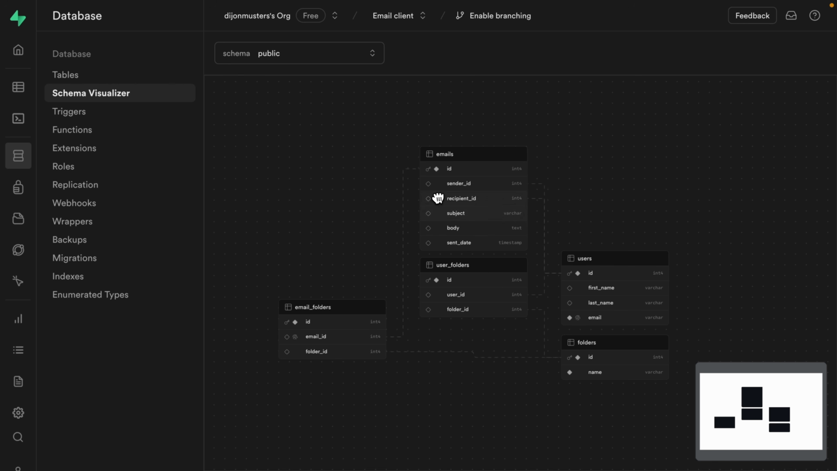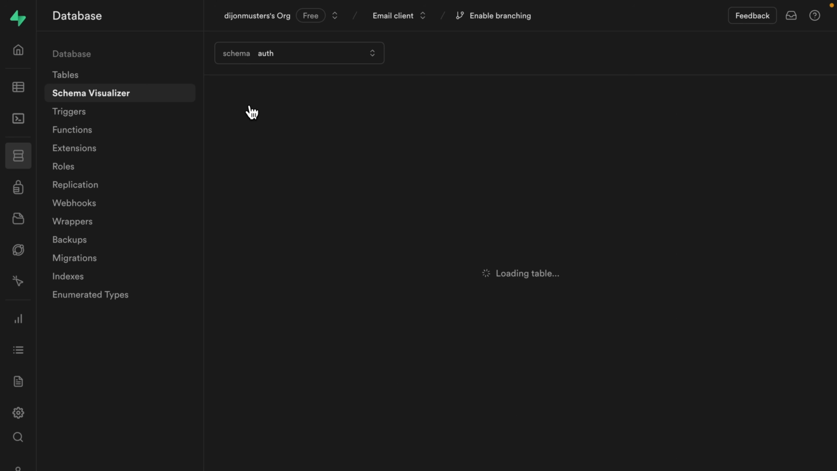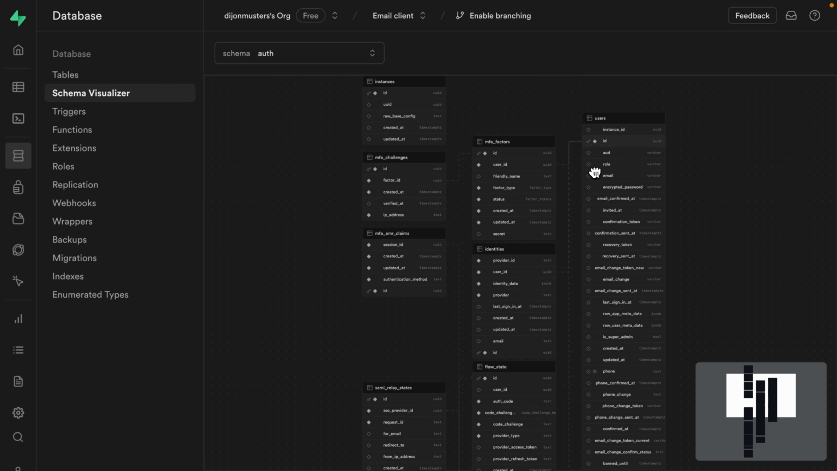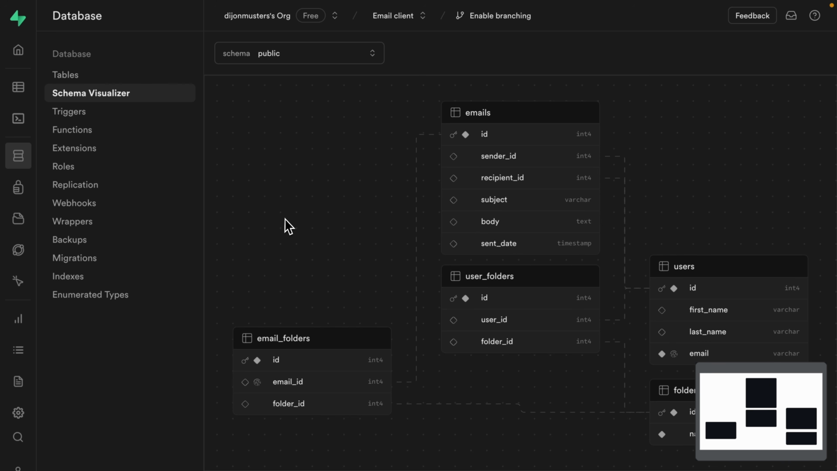So this is everything in the public schema, or the tables we've created for our application, but there are a collection of other schemas being managed either by Supabase or any extensions that we have enabled. And if we have a look at the auth schema, this is all the complicated stuff Supabase uses to keep track of our sessions and also our users. So this is the users table where our users are created when they sign in with GitHub. And then back over in our public schema, we have our users table that's linked to our emails and the